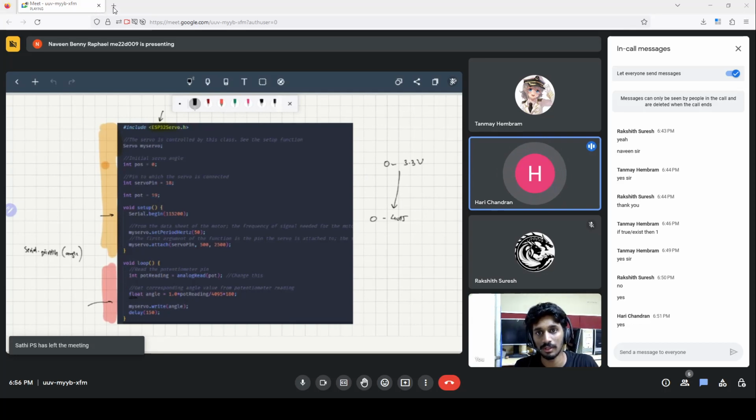Just for knowledge, in this pneumatic system, if I have pneumatic pressure in the pipe,